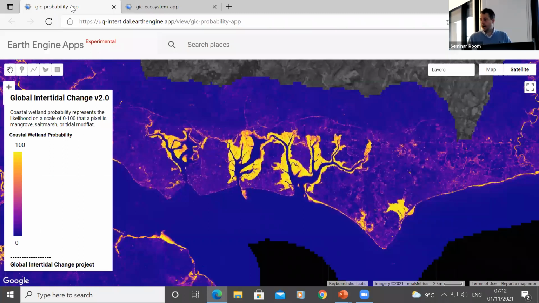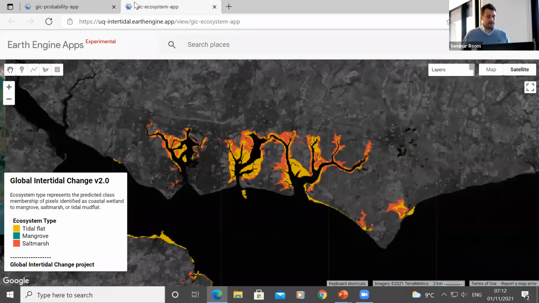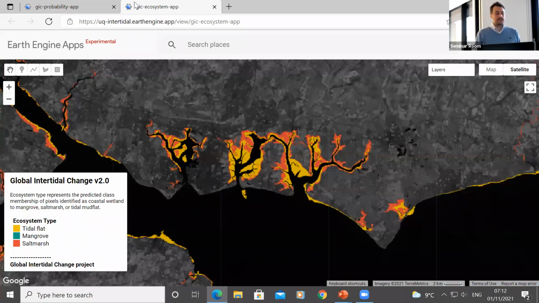So if we look back at our coastal ecosystem type map, which we have here, the yellows are what we're predicting as highly probable as being coastal ecosystems. And based on this second random forest model, we get this prediction. Again, this is for the same area in the south of the UK. And what you can see is the yellow areas are predicted to be tidal flats, and the orange areas are predicted to be salt marsh. Thankfully, there's no predictions of mangroves in this area. And this is correct, this is right. I did my PhD down this area. It's a large area of coastal marshes and tidal flats. So you can see that the map can pick up these different things.